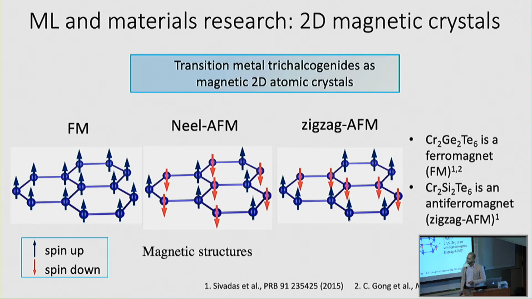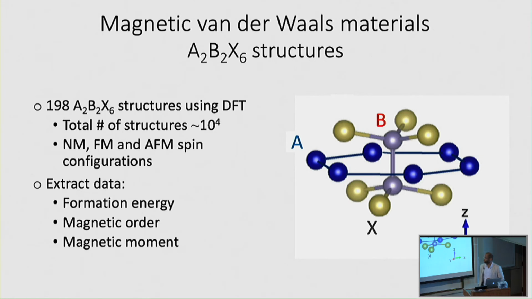So I thought, well, how can you... Oh, this is, by the way, through theory. These are just simulations. So I thought, how can you really exploit this? How much can you change the property of something by changing its composition? So I created 200 of these ABX3 structures, and if you were to tune the atomic composition ad nauseum, you'd get about 10^4 different combinations. I just stuck with 200 because of computational constraints.